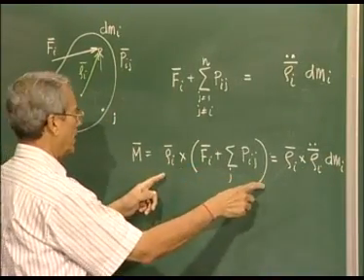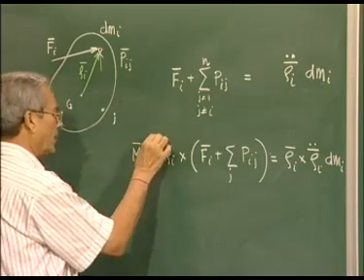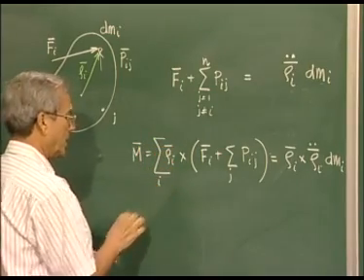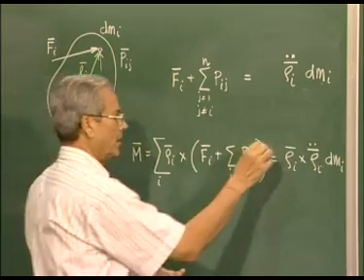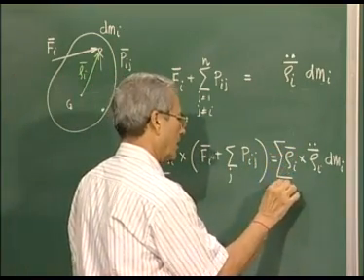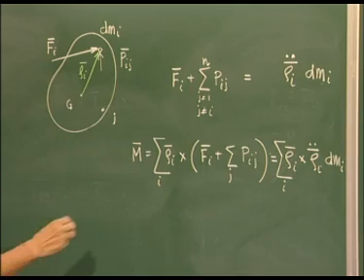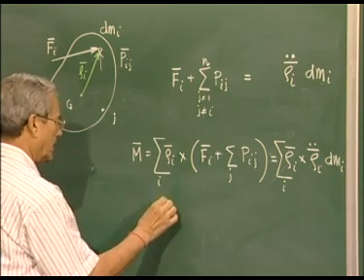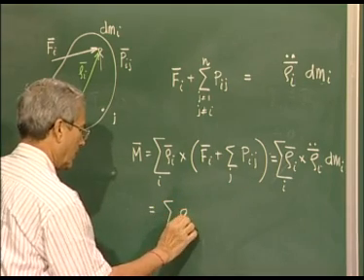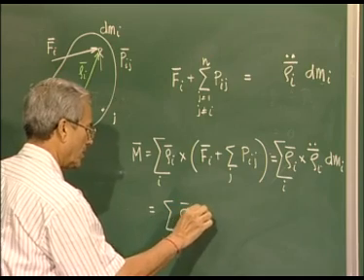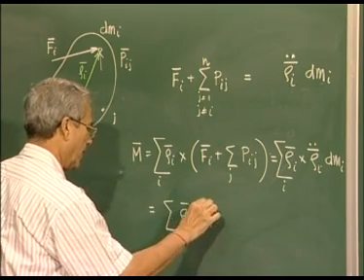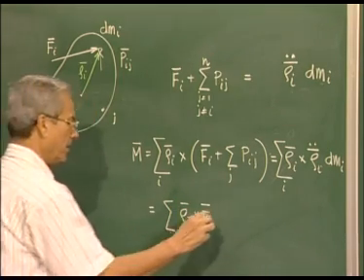Of course, since we are finding the total, we have to sum it up for all particles. Now here you will find that this is going to be the sum over i of rho i cross Fi plus